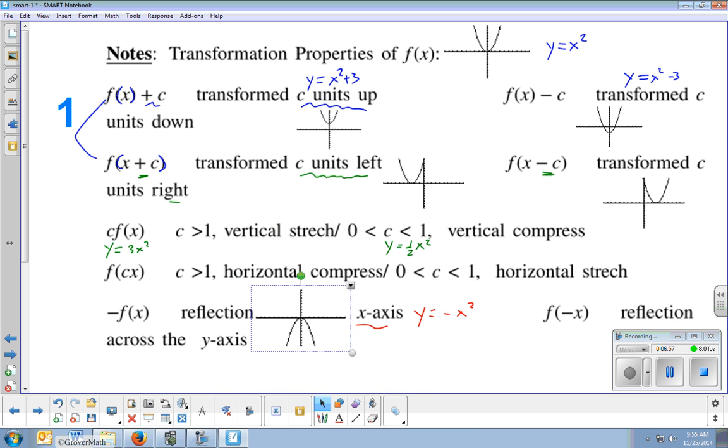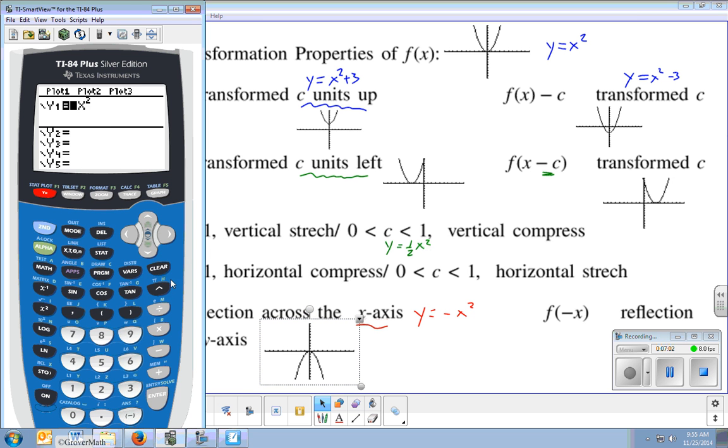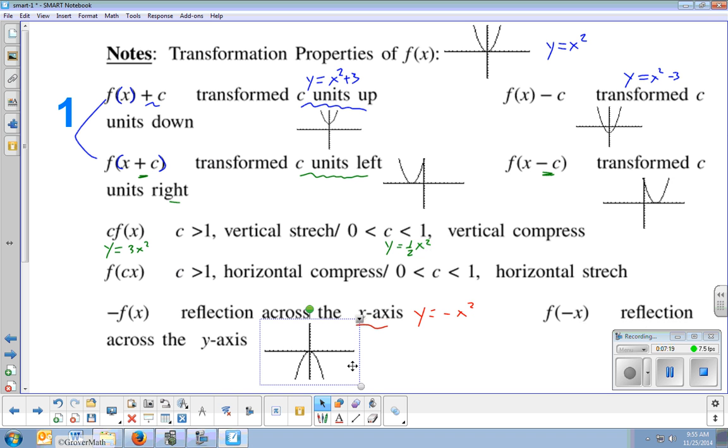And if you were to put the negative in the parentheses, now this maybe is a bad example, because if I do parentheses negative x parentheses squared, it's not going to look like it changed at all. But actually it did. It reflected over the y-axis, but because this particular graph is symmetrical across the y-axis, it actually didn't really change much. But you will see this one a lot, that when we put a negative, it flips it upside down and reflects across the x-axis. All right, so let's look at a couple of problems now that are going to use